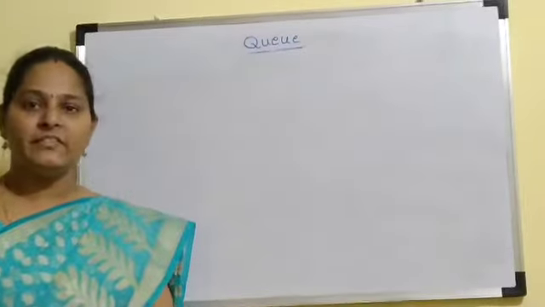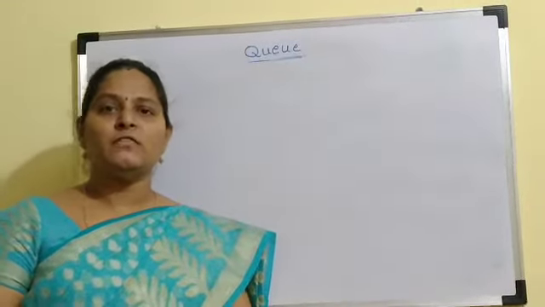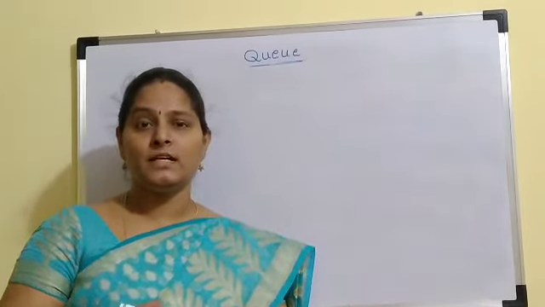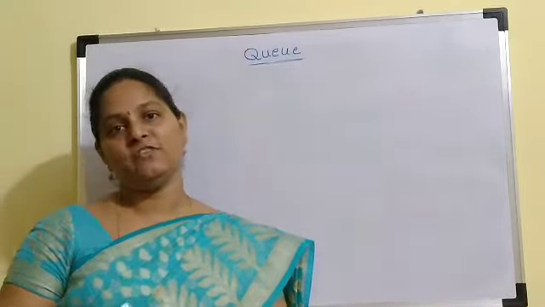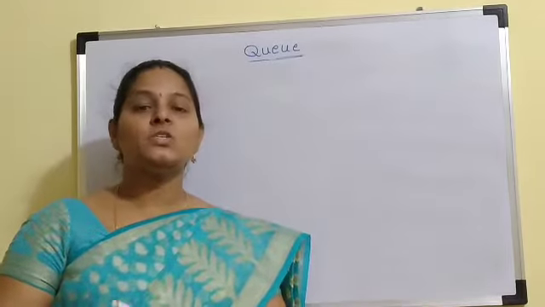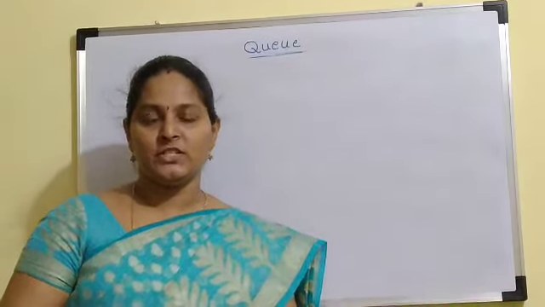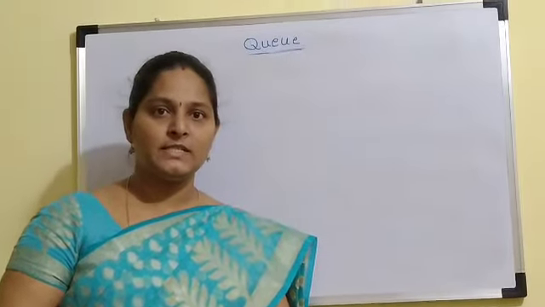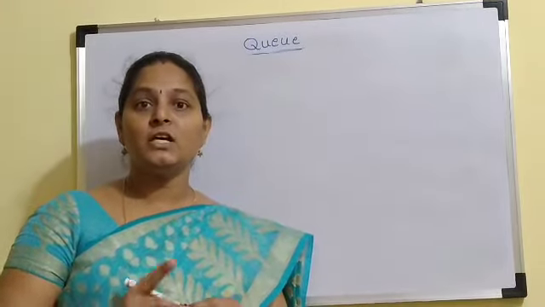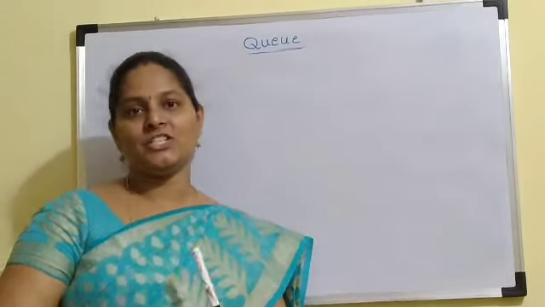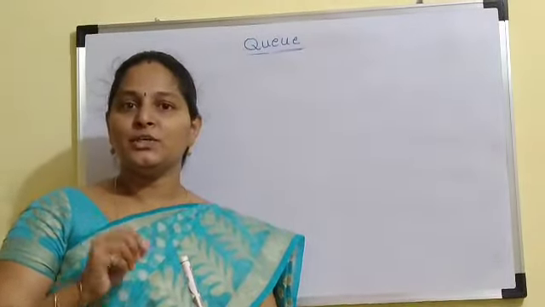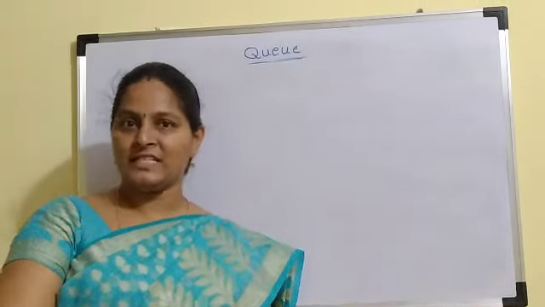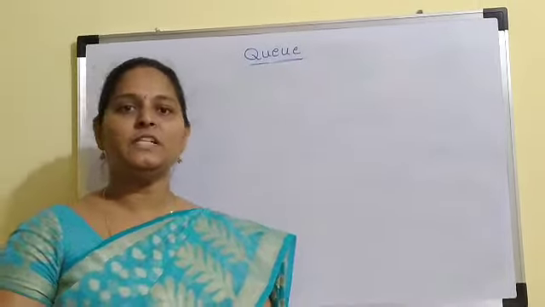So first see the definition of the queue data structure. First of all, queue is a linear data structure. That means here the elements are arranged in sequential fashion one after the other. So how can we define this queue data structure is, it is a collection of ordered data elements and this queue contains two ends. Unlike stack, here the queue contains two ends. One end we will use it for insertion and another end we will use it for deletion.